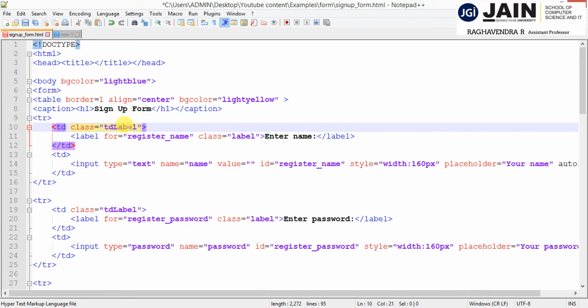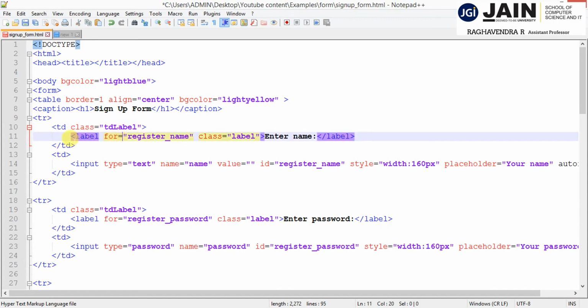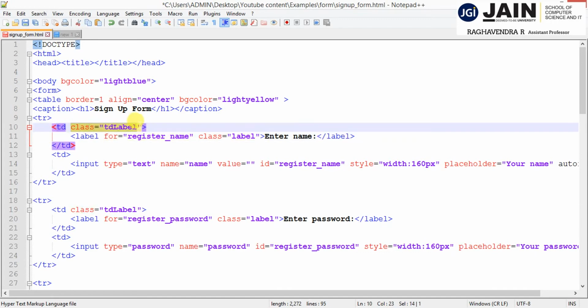So why am I using this class? Whenever I use any CSS, any of the cascading style sheet properties in my web page, I can easily identify them by the class itself. What are the properties available for this respective class name? All the properties will come and be imposed in the web page. For that purpose I'm using it. As of now I'm not using any CSS, I'm simply using the class attribute in the table data for your understanding.